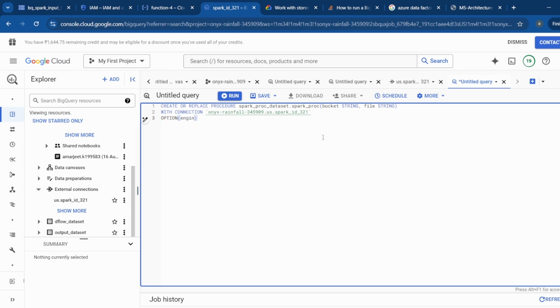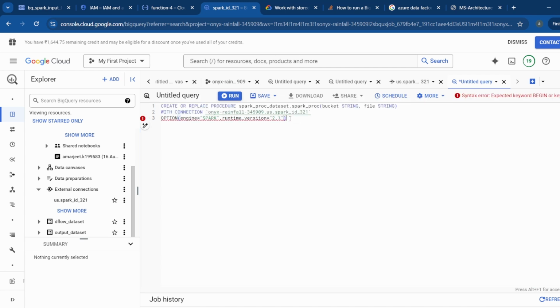So here the engine is Spark, and the runtime of Spark I'm going to use is runtime_version equal to 2.1. It's not necessary to use 2.1, because I don't know why I used 2.1, but in the documentation they used 1.0, so I think it's very old. So I have used 2.1, but you can go to the documentation and check